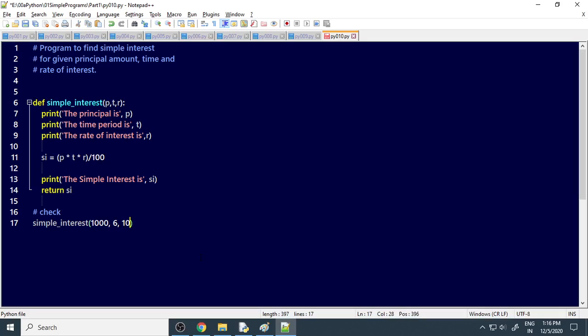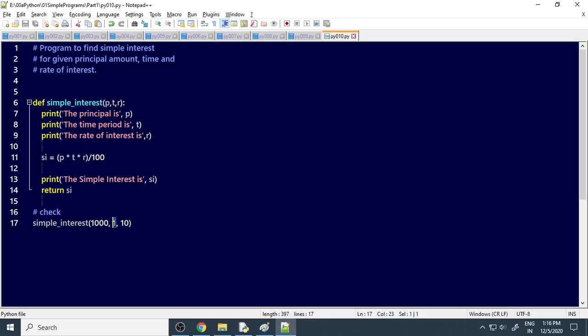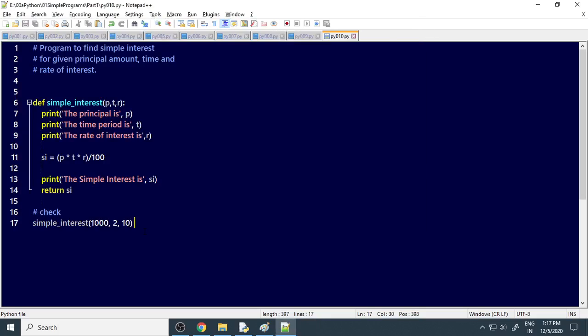Let's say 10%, and let's say 1 year. For 1 year, how much is it? Okay. So simple interest is 100, because with 1 year the interest is 10%. 10% of 1000 is 100. It's correct. So now if it's for 2 years, so 200. Alright, so if the number of years keeps increasing, the value changes.